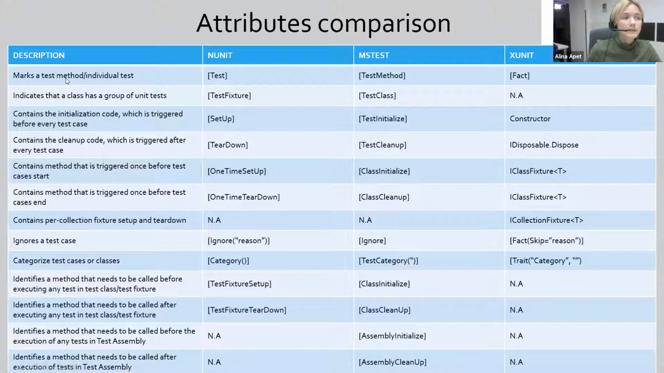Basically, we mark test methods and individual tests with the attribute Test, and we mark a group of tests, which are usually placed in a class, with the TestFixture or TestClass attribute. Not assigned means that the unit framework doesn't support such an option. And also, when we perform a bunch of tests,